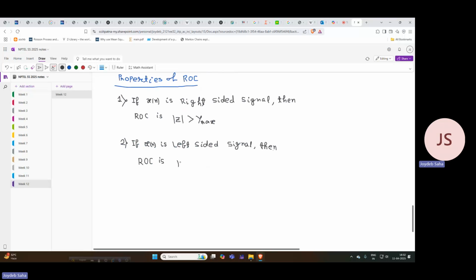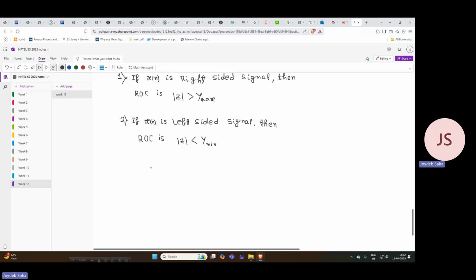mod z is less than gamma min, where gamma min is the minimum pole of xz. Okay. 3. If xn is two-sided signal,